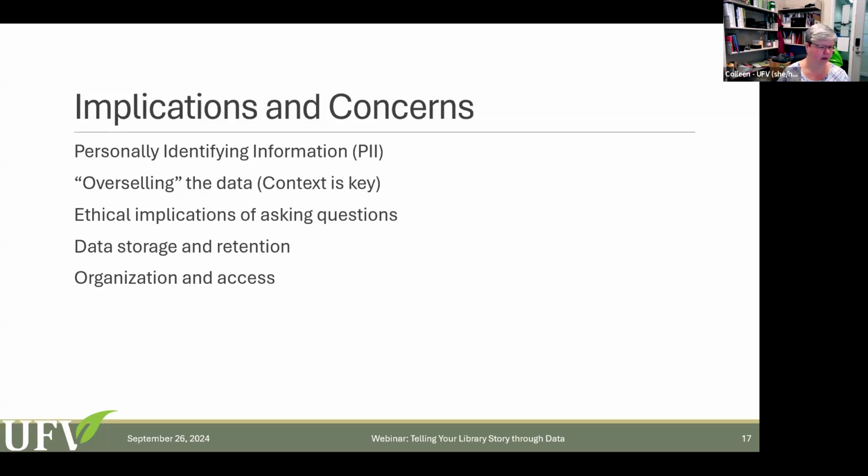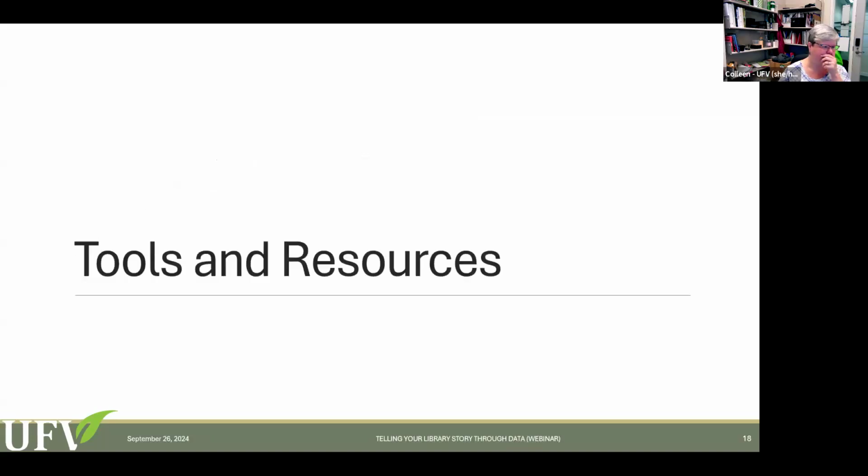So finally, I wanted to share some tools and resources with you that you might find helpful or useful. In addition to the sources I've cited throughout my presentation, I tried to focus on resources that are free or perhaps useful additions to your library. In the case of books, you might just want to have it in your library collection.